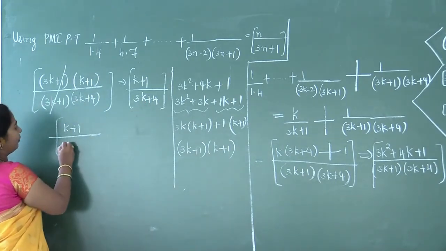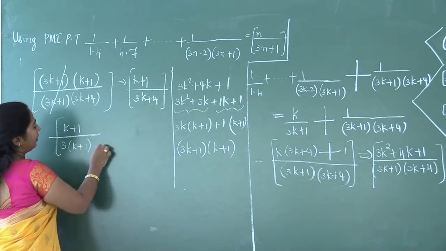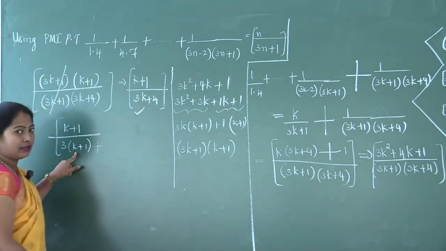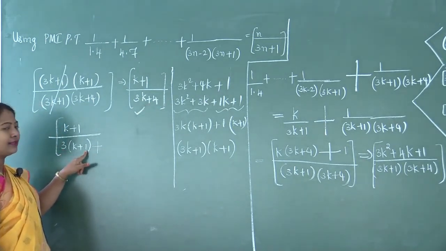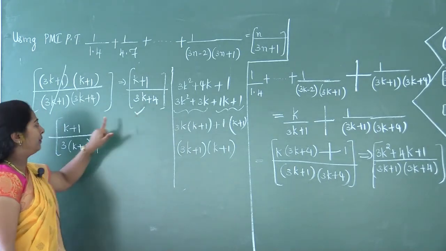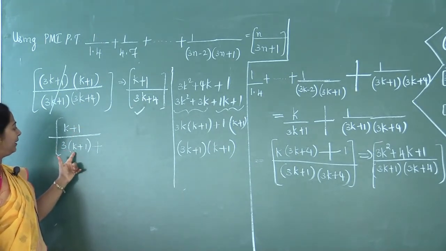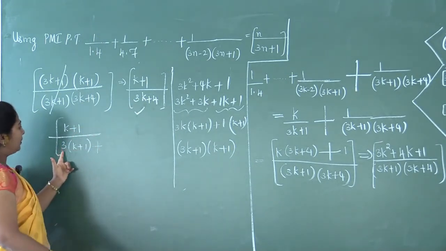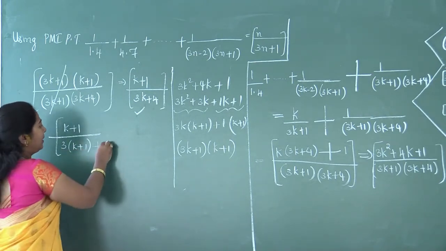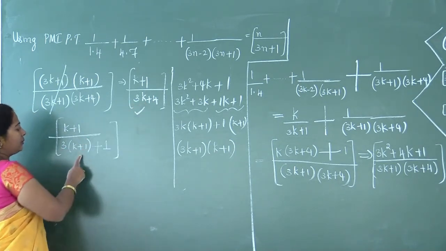Now observe carefully, 3 into (k + 1). What sign do I have here? Plus. 3 into k, 3k. I am getting back this term. 3 into 1, 3. 3 plus what number gives me 4? Observe, 3k + 4. k is written in terms of k + 1. 3 into k, 3k. 3 into 1 is 3. 3 plus what number gives me 4? That is nothing but 1. So when you observe, have I written k in terms of k + 1?